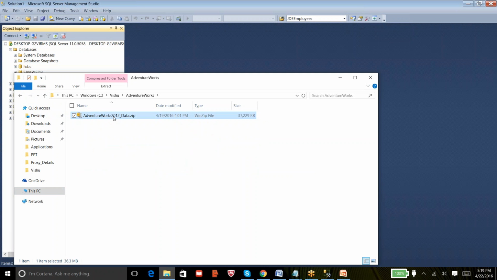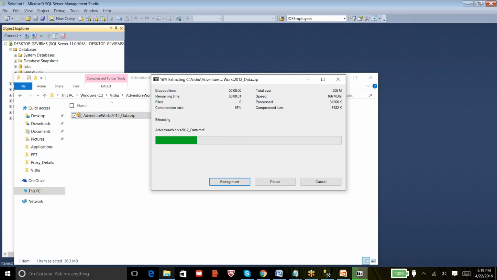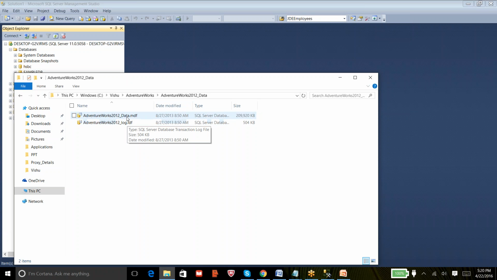It's a zip file, so let me extract it. You can see here, once I extracted, I have got the MDF and LDF file of the AdventureWorks database. What I need to do is just map these two files to the SQL instance.